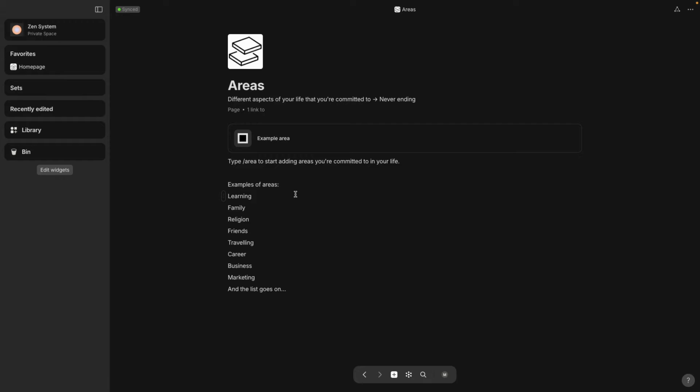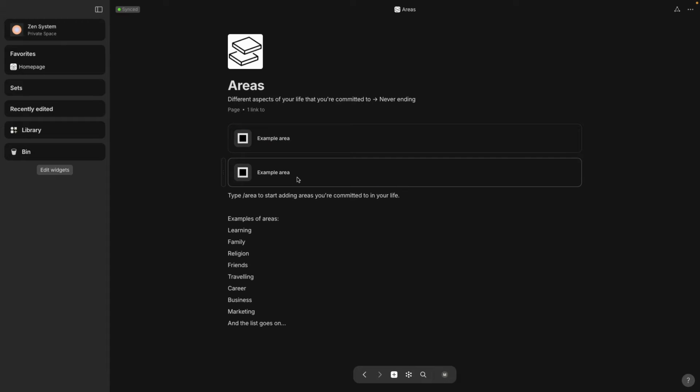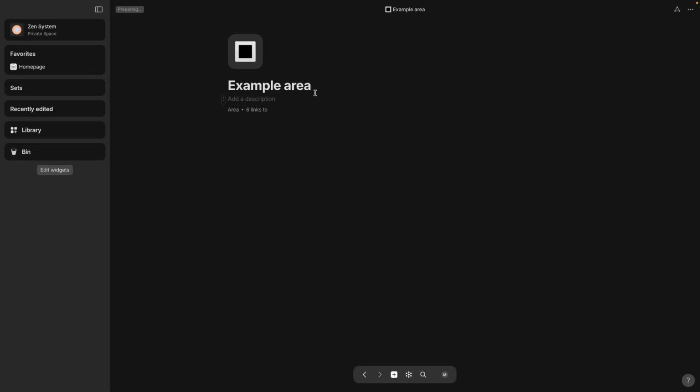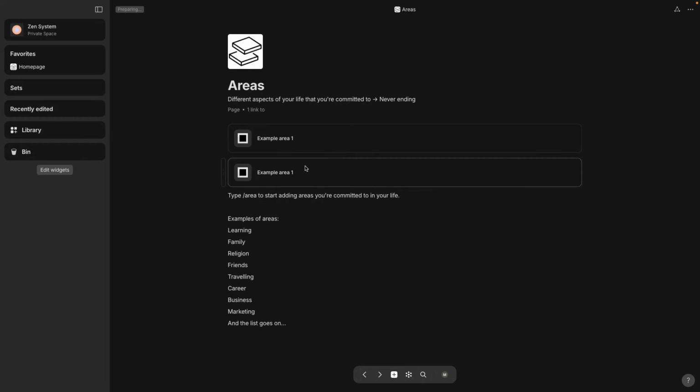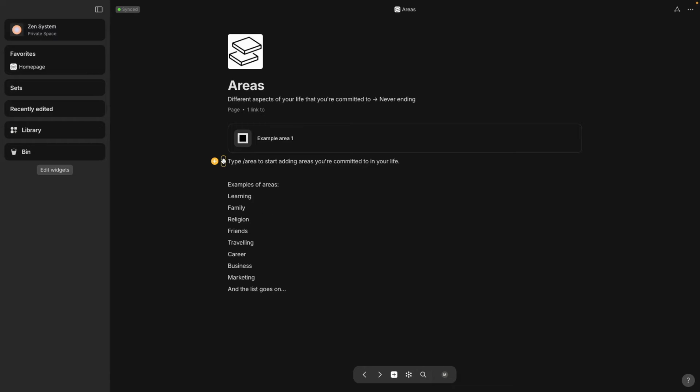I'm in areas, and what I want to show you here is that some parts of Anytype, when you make a copy, it's actually what they mean. It's like an exact copy of the same object. So if you edit it here, like I put number 1 here, it's actually edited the original object as well. Since I made 2, I'm going to delete this one,